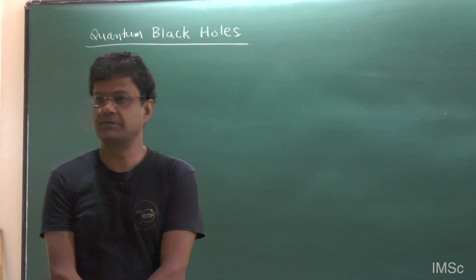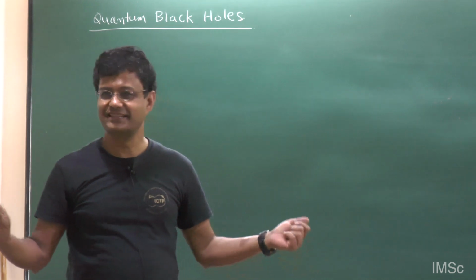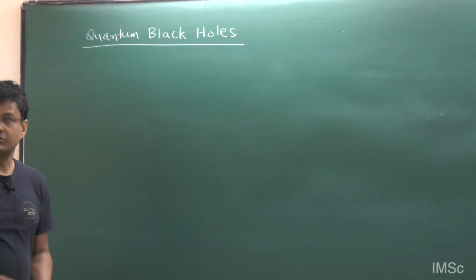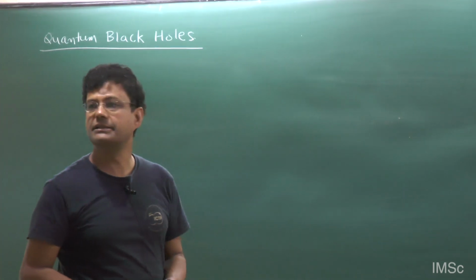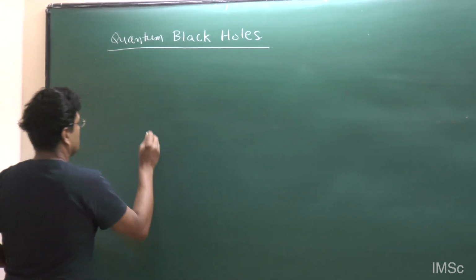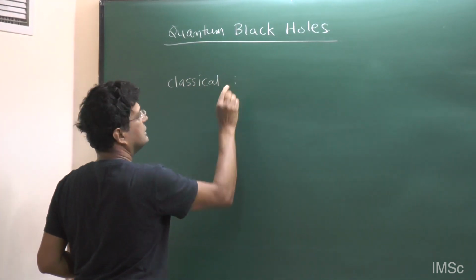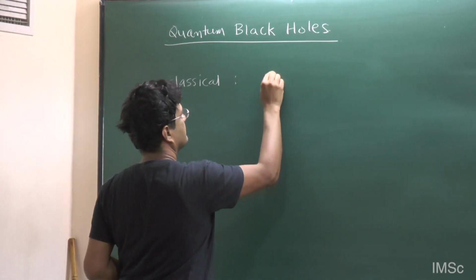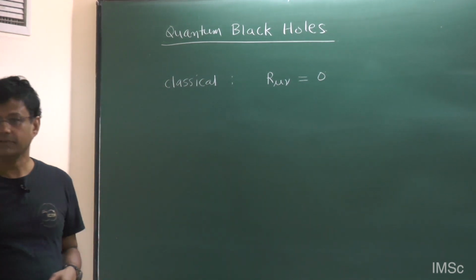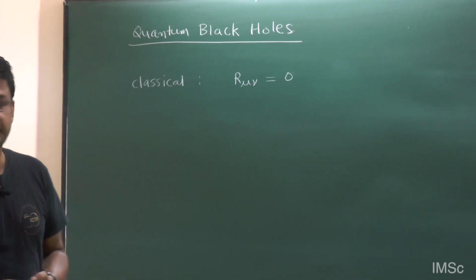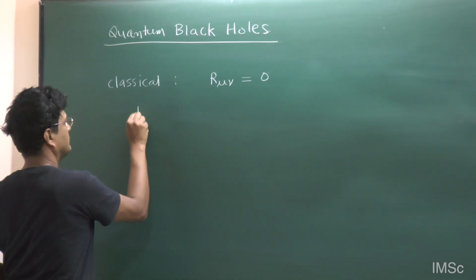Okay, but everybody knows what a black hole is, right? You have done a course in GR. So what is the question we are interested in, and where has the progress happened in the last few years? Of course, a classical black hole is just a solution of Einstein's equation. The Schwarzschild solution is the simplest example, but you can consider more general solutions like the Reissner-Nordstrom black hole.